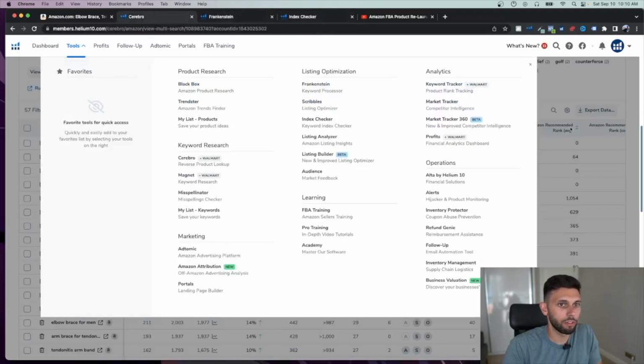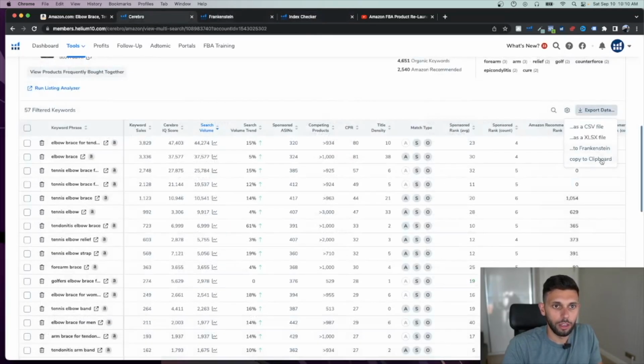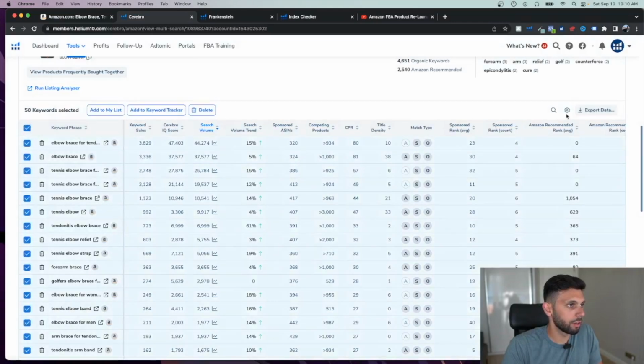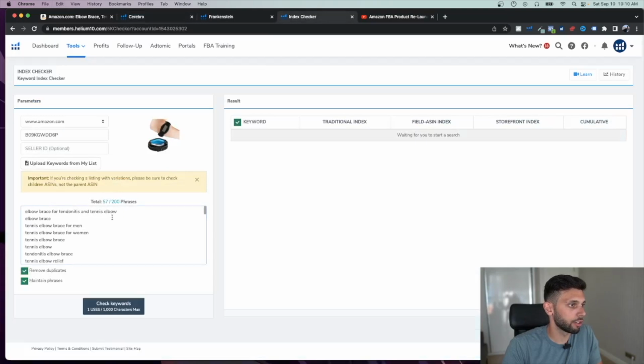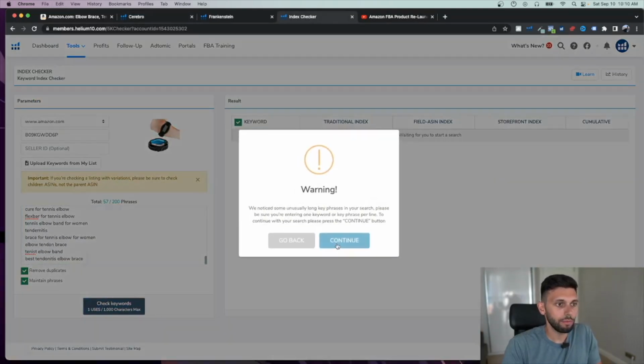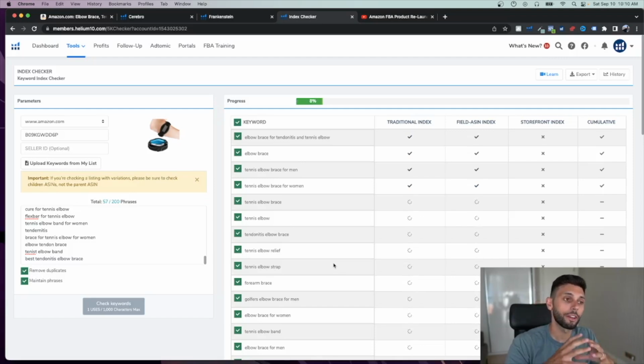So the keywords were from here. Let's copy to clipboard, and we're actually going to go back into the index checker and just paste the keywords in there. We're going to click on check keywords. What this is going to do is figure out what keywords we're showing up on and what keywords we're not. So there's a difference between ranking